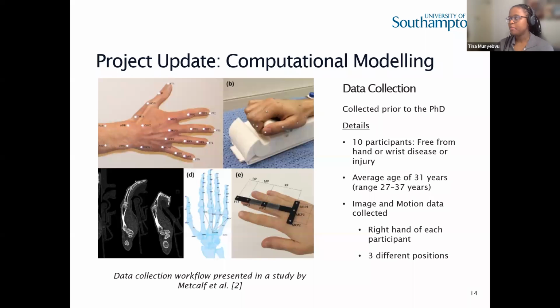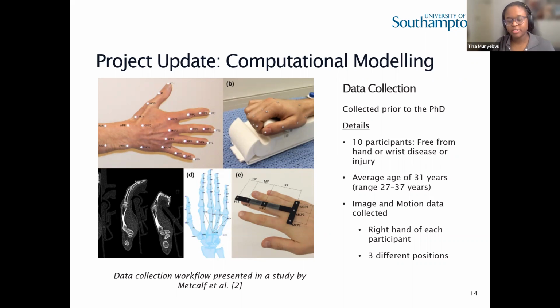So if we move on to the computational modeling stuff, the stuff the engineers love, we have to put some data into this. So the data that we're using was collected in a previous study by Metcalf et al. And it includes image and motion data from 10 participants who are free from any hand or wrist conditions or injuries. All of this data was collected from the right hand of each participant, and the right hand was scanned